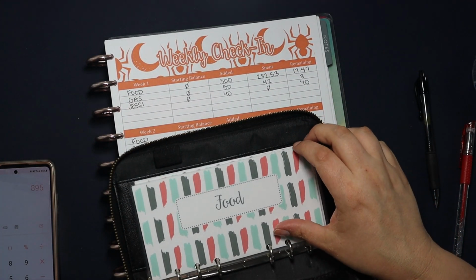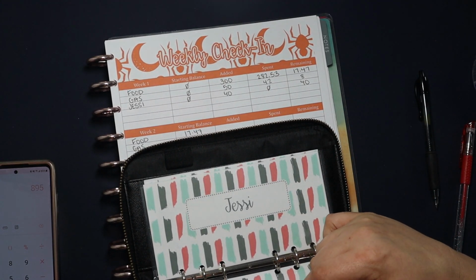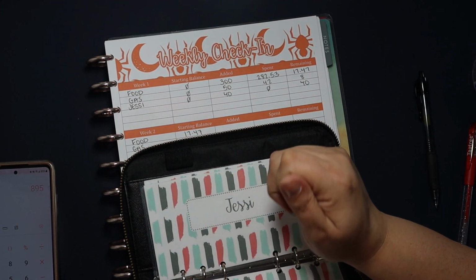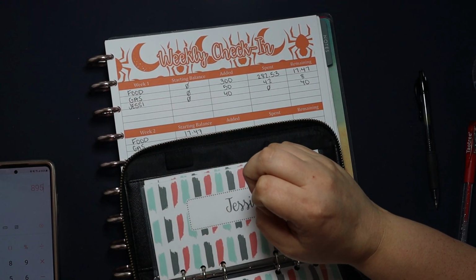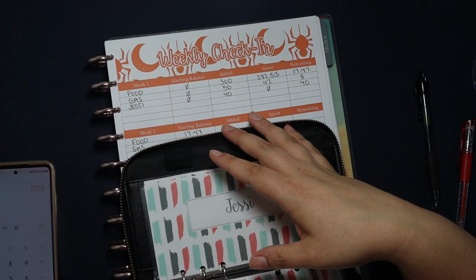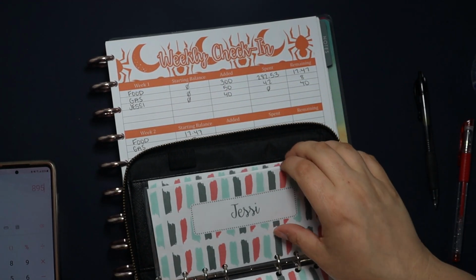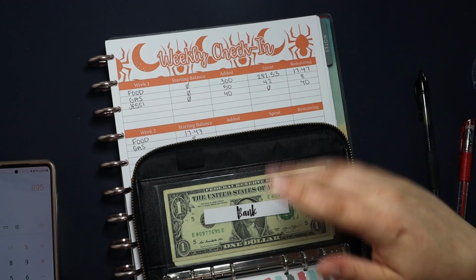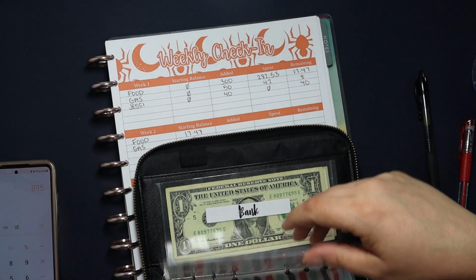So food we know is in the bank, so there's no money in there. That's a separate issue. I'm going to take food out in cash from now on, I think, to make it easier. Even though I am definitely going to be swiping a credit card to cover those transactions, I will just swipe the credit card, put the cash back in the bank. I know that probably seems silly, but that'll help my brain to see the balances match. So gas, we should have $8 in there. Oh, that's my spending. Oh, gas is in the bank as well, so that's another thing we're going to pull out in cash. My spending,